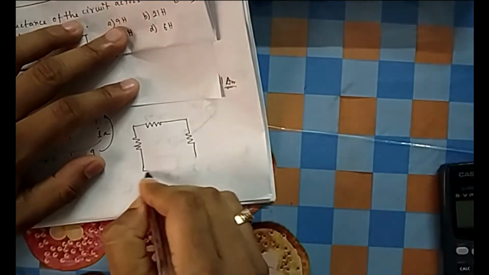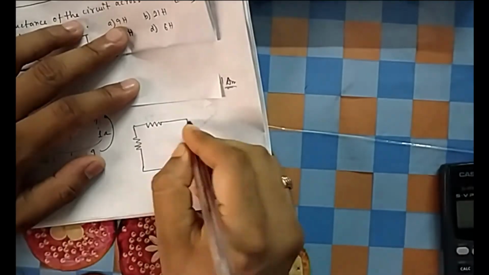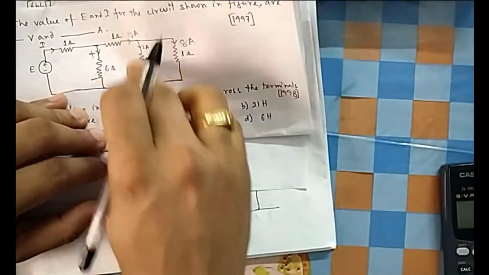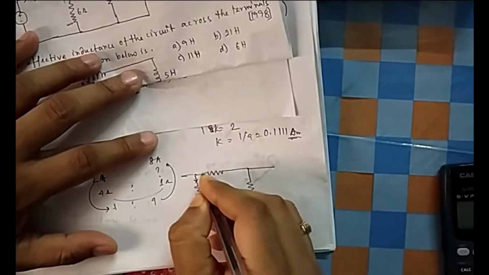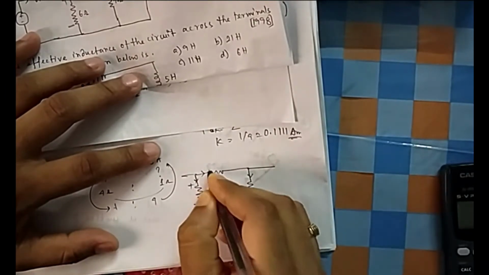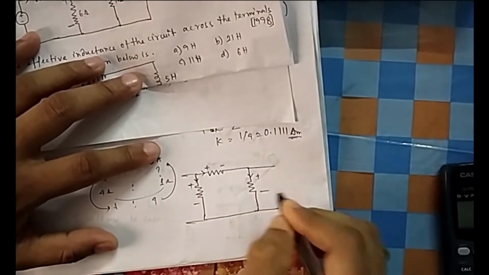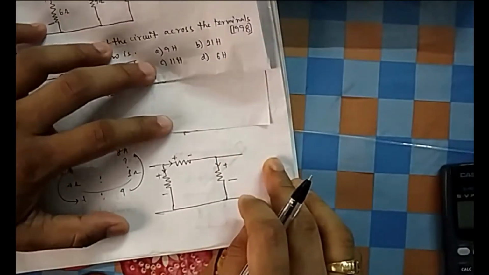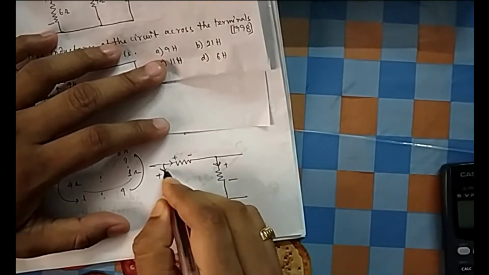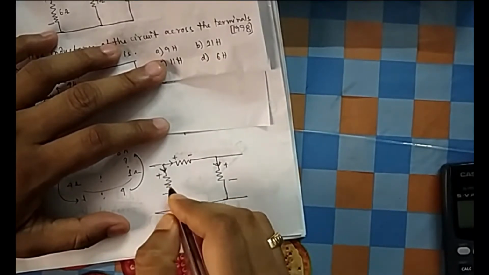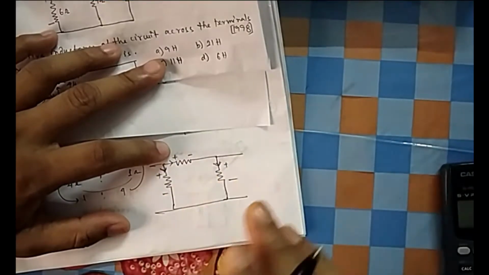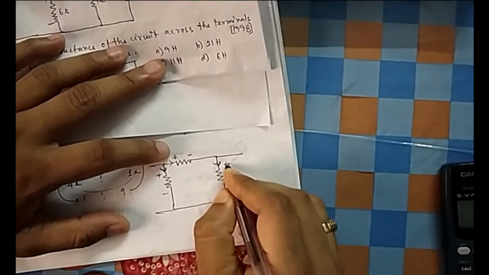This one is KVL. There are lots of branches there. Let me not think about that branch; you just think about this loop. Current is entering here, current is entering here. In case of resistance, whenever current enters, you put a plus. This is the load convention, and this convention you have to follow. Wherever the current is entering, that should be plus in case of resistance. Okay, this is plus, plus, plus.